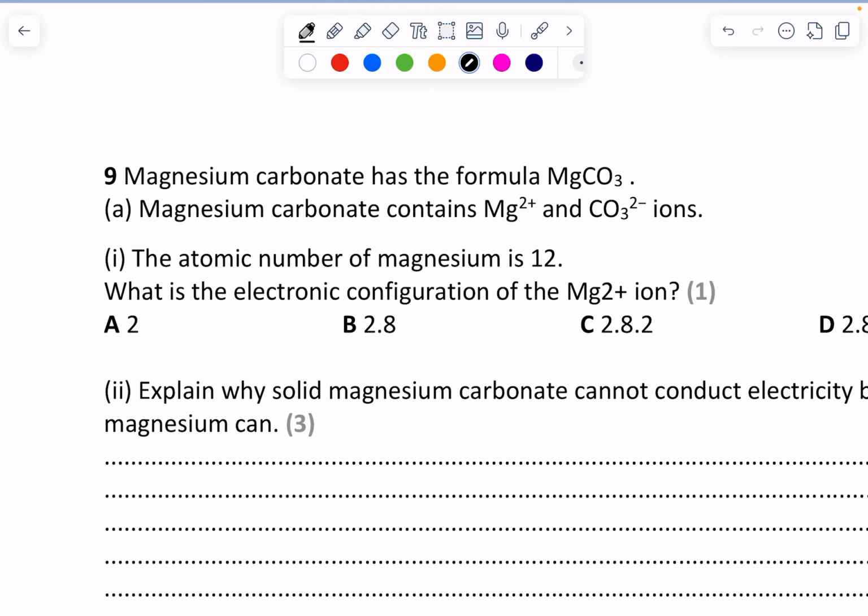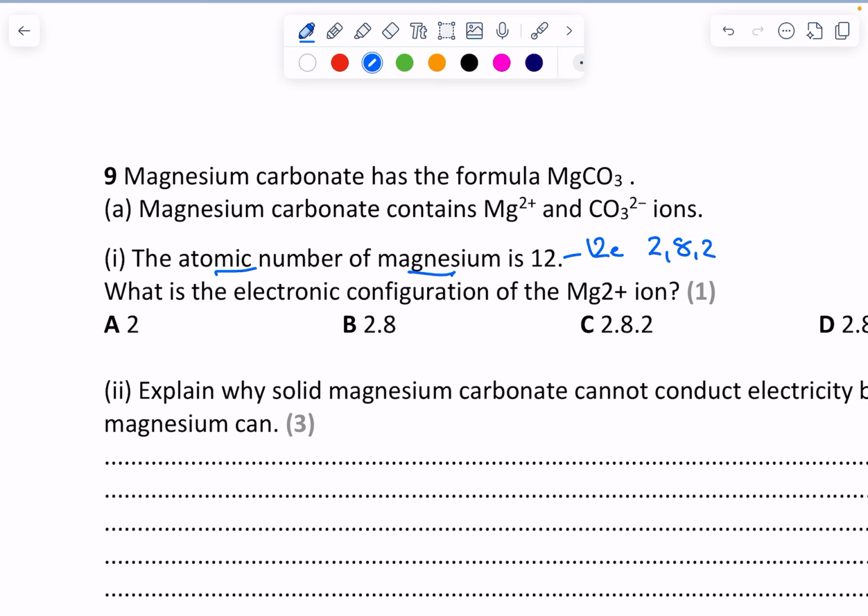So it tells us here that the atomic number of magnesium is 12. What is the electron configuration of this Mg2+ ion? So to do this, if we remind ourselves, if this atomic number is 12, that means it's also going to have 12 electrons. If it's got 12 electrons, they're going to be arranged as